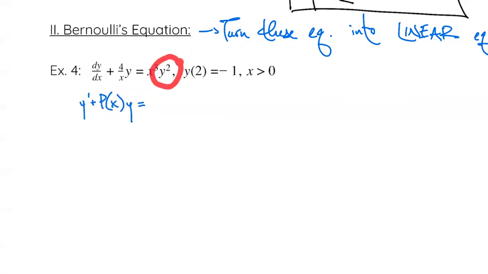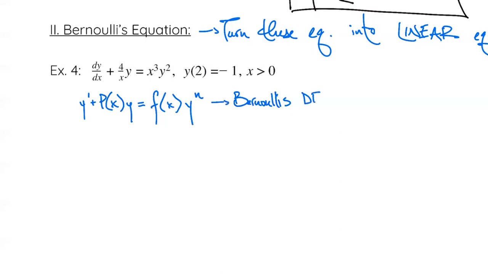But one issue we have here is we have a y squared. And so that means that it's not linear yet, all right? And in fact, we could write this as having some function of x times y to some power. Okay, so the thing in the blue is like a general version of what we see above. And when we see that, we are noting that this is Bernoulli's differential equation,